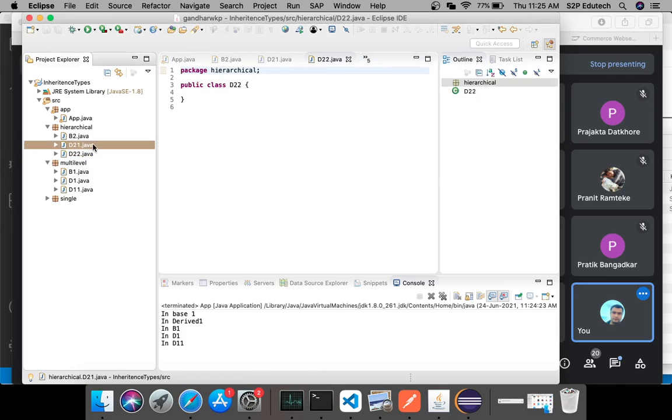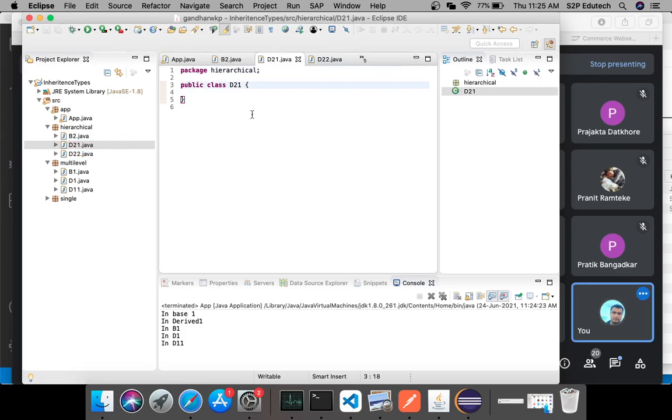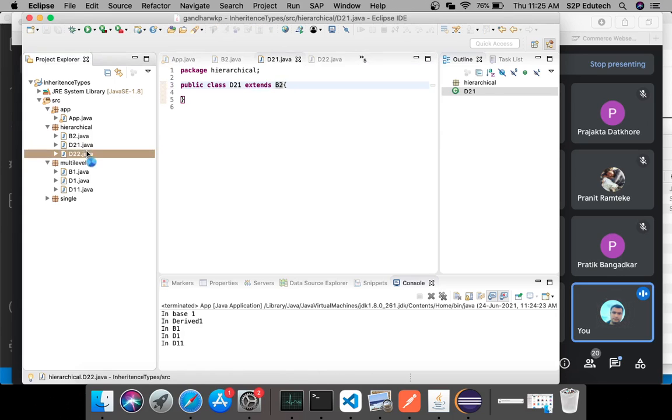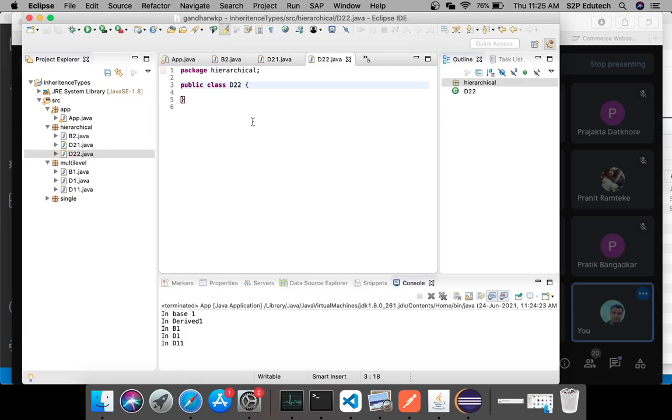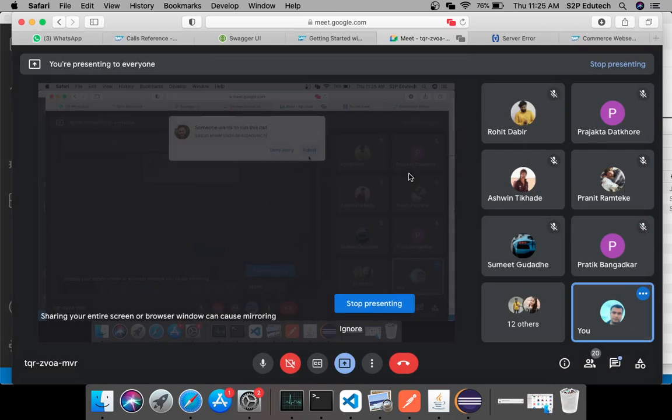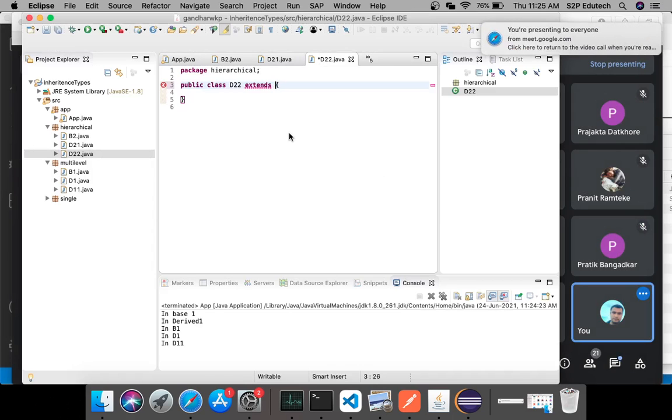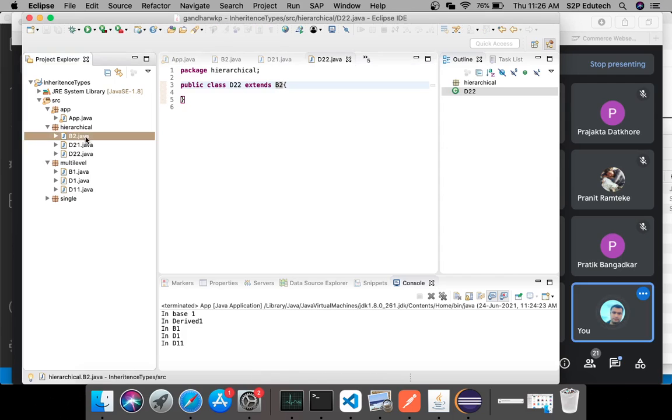Now this D21 will extend B2, and this D22 will extend B2 again. So what is happening here is that this parent B2 has two children. One is D21 and another one is D22.